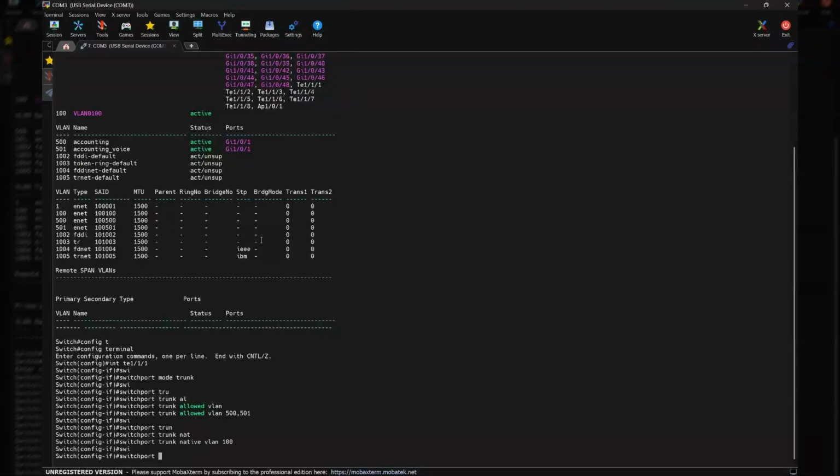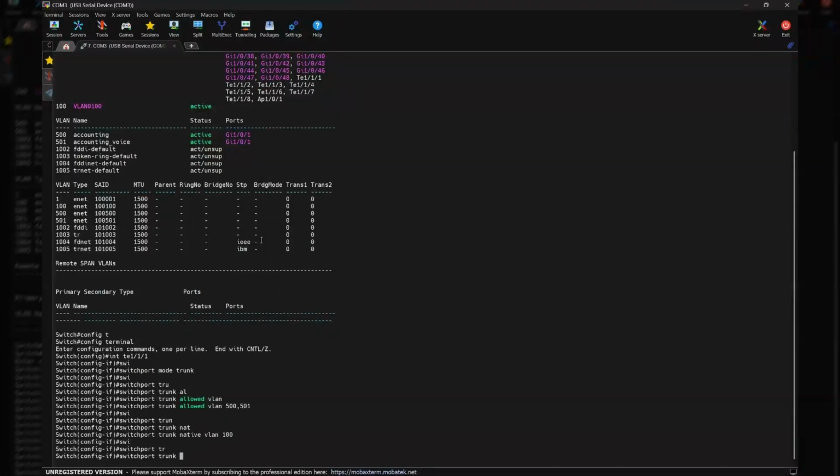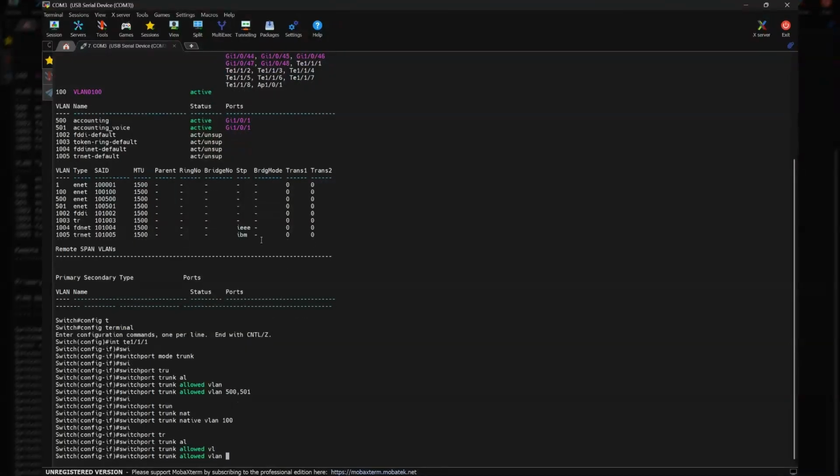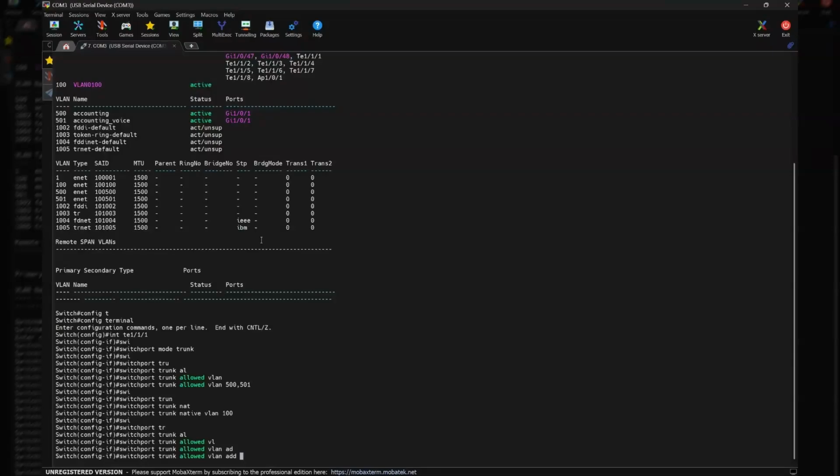It's similar to switchport trunk allowed VLAN, but you have to make sure you have add in there. If you don't have add in there and you only put VLAN 502, it will actually replace all